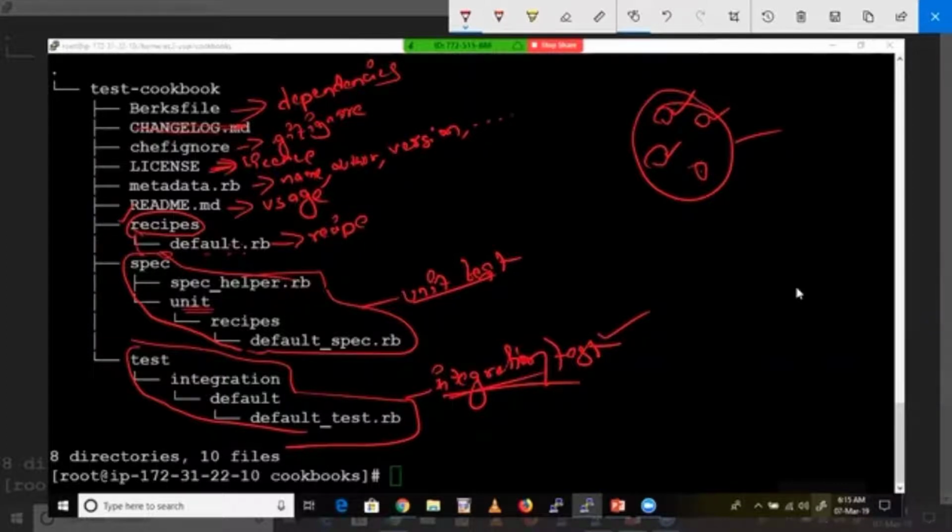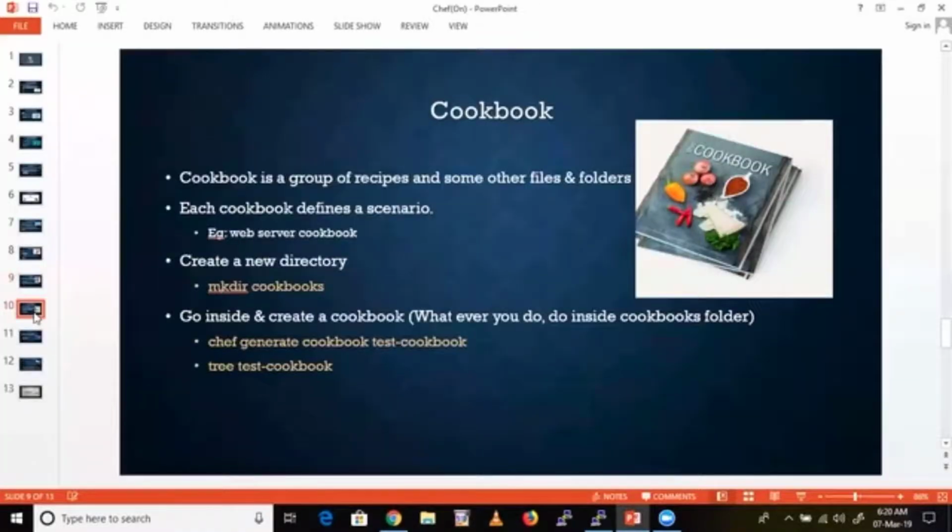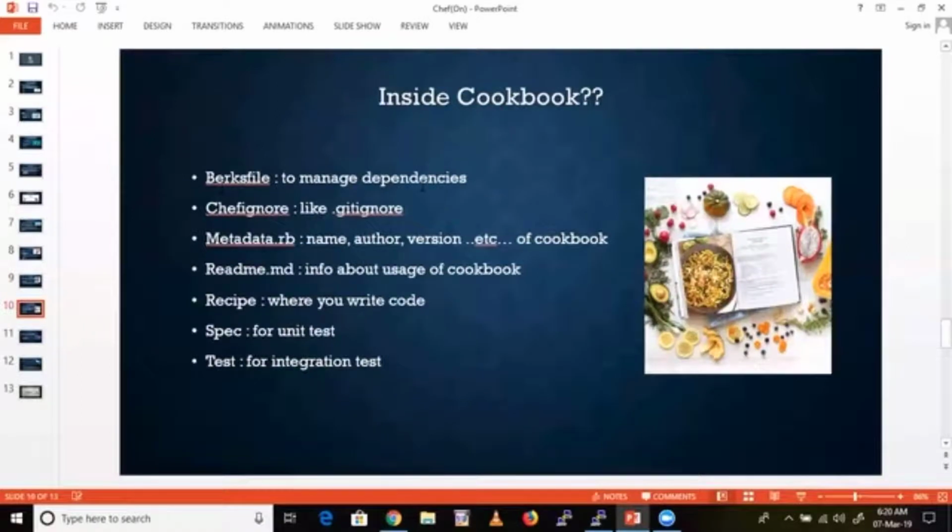So when you create any cookbook, you'll get these many files and folders. These are the meanings of each and every file and folder. So the same thing which I have mentioned in my slide. See here. Berksfile, to manage dependencies. Chefignore, like a gitignore. Metadata, name, author, version of that cookbook.